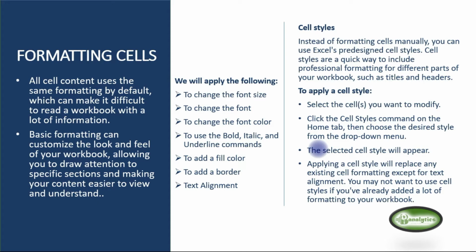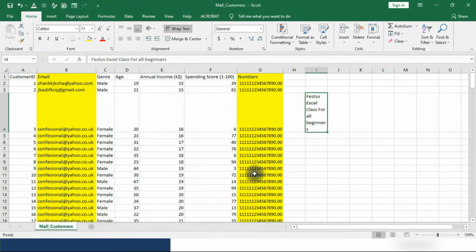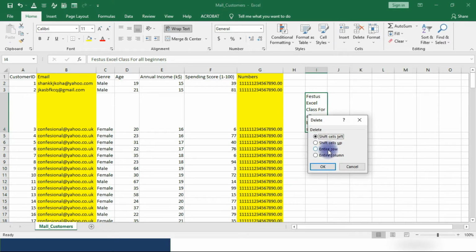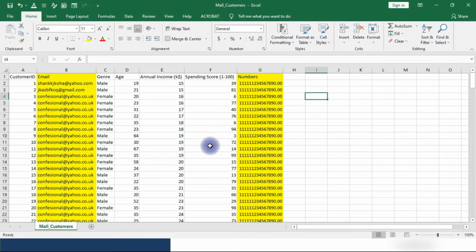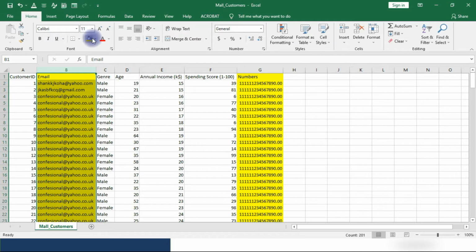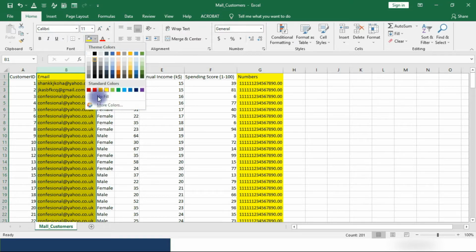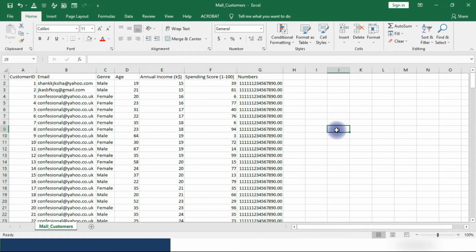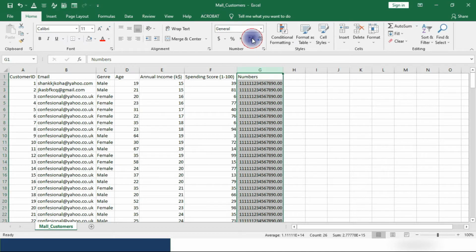If you are tired of coloring all your cells one by one, you can decide to have ways of doing it. So let's go again to our Excel worksheet. Now we're back to the Excel worksheet. Please permit me to delete this particular column of cells because I don't think I need it. So I'm okay with this. I'm going to be removing the color of this. And how do you remove the color? Just click on the row, click on the drop down of the fill color and choose no fill. Same thing goes for this. So I don't want any fill. Remember I taught you how to remove decimal points, so we can assign